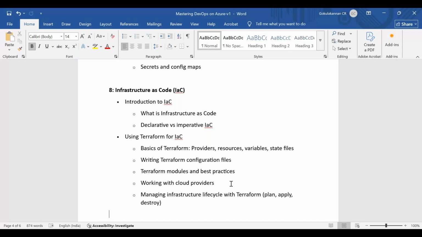So if you learn in this, I'll be guiding you on creating your Terraform scripts and how to run it, what the different options are in terms of security, what the best practices you have to follow, because these are the questions you can expect in your interview. So I'll be covering that.